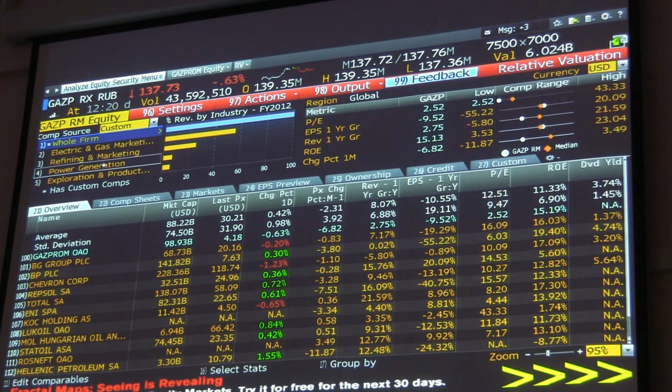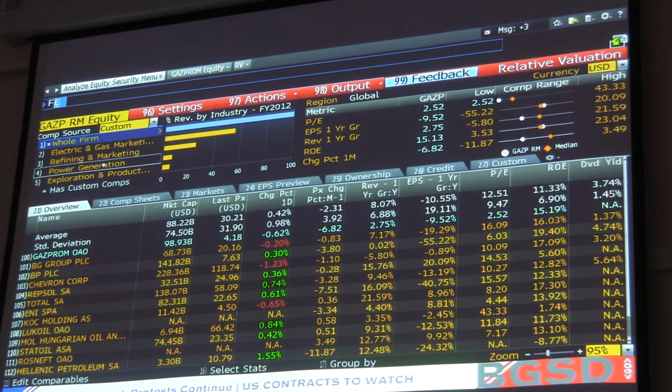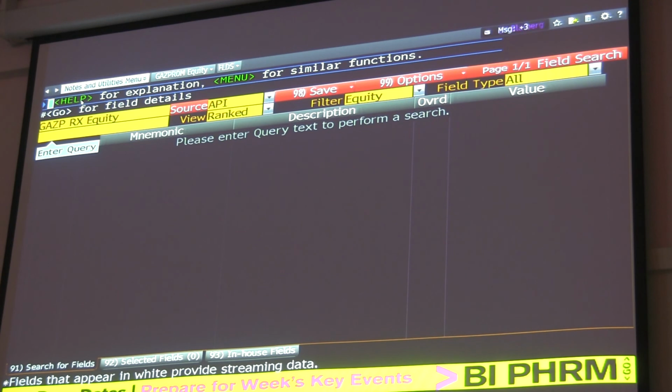So as far as I understand, we cannot download through API. You can get them as they are today, but you can't get the history. But I can get them as they are today using API? Alright. So there's a function that I won't show in too much detail called FLDS. Yeah. This is like the most